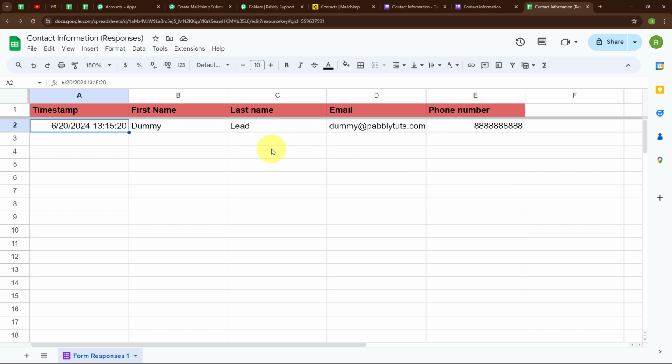And here you can see we have successfully received a response here. That means we have successfully connected our Google Forms with our Google Sheet. So now after building this connection, what we have to do is connect our Google Sheets with Pabbly Connect so that all the responses received here in Google Sheet should be captured by Pabbly